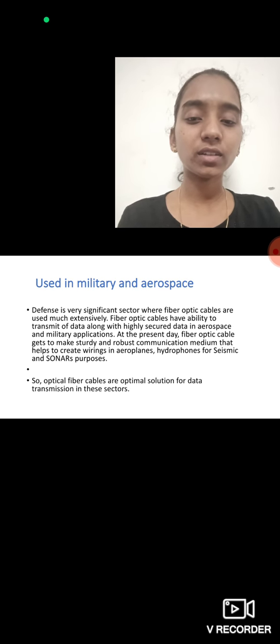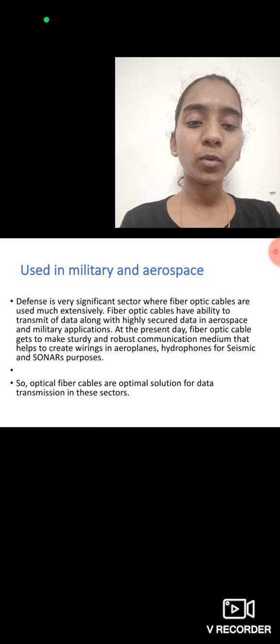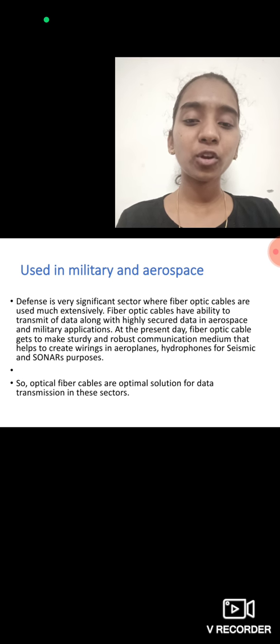Used in military and airspace. Defense is a very significant sector where fiber optic cables are used extensively. Fiber optic cables have the ability to transmit data highly securely in airspace and military applications.